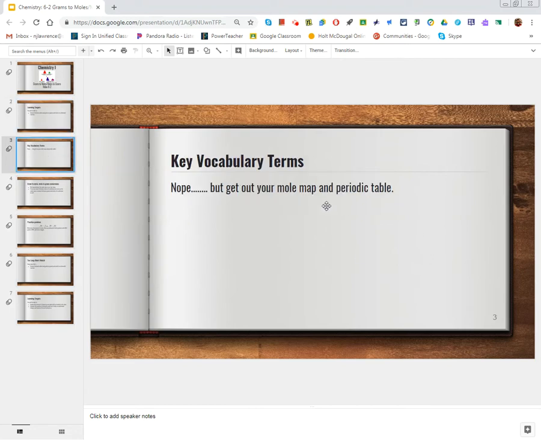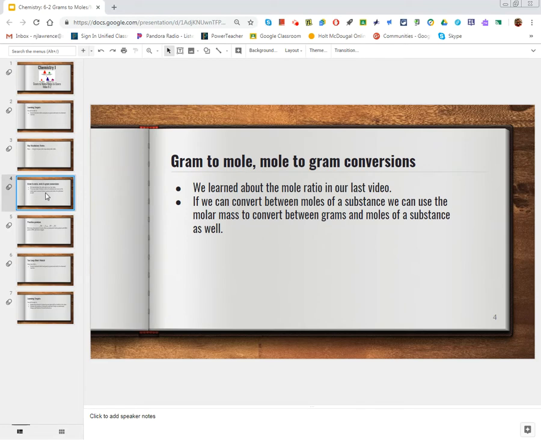Key vocabulary terms for this video are none. There are not any key vocabulary terms, but you will need your mole map and periodic table. Grab your calculator as well and your pencil as we get started into the world of stoichiometry, the world's greatest